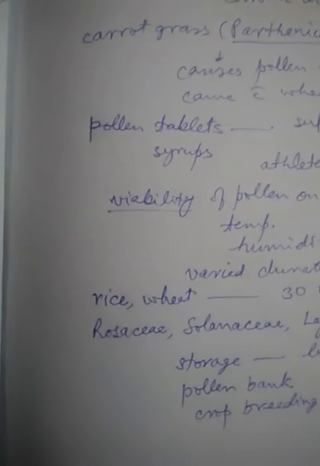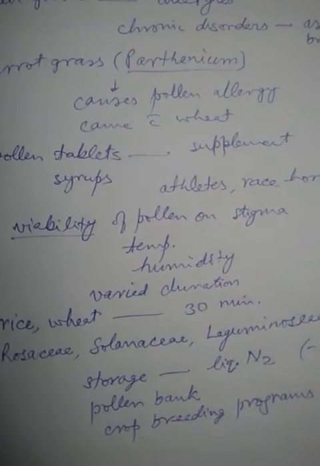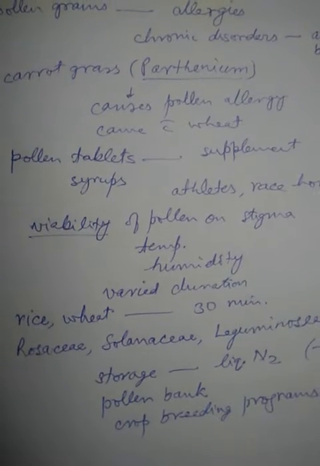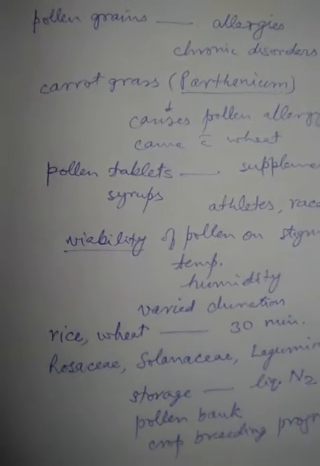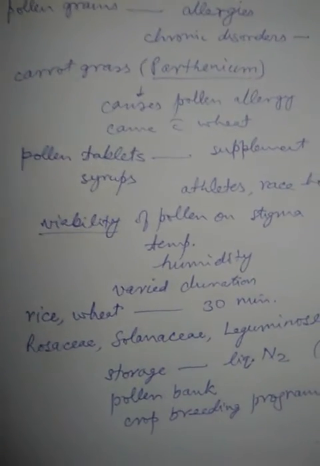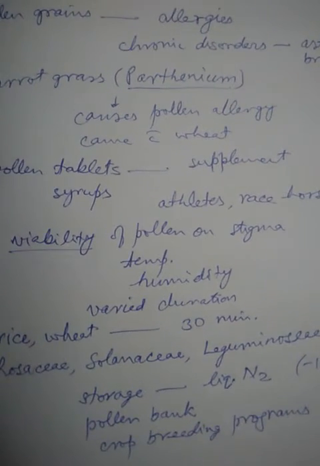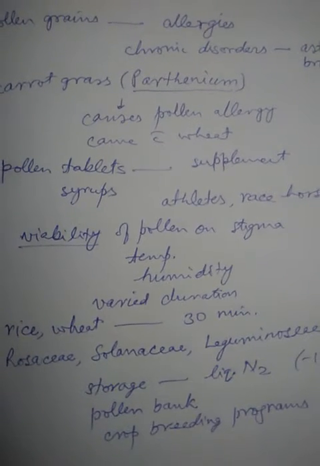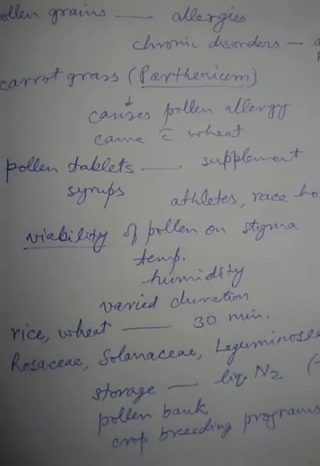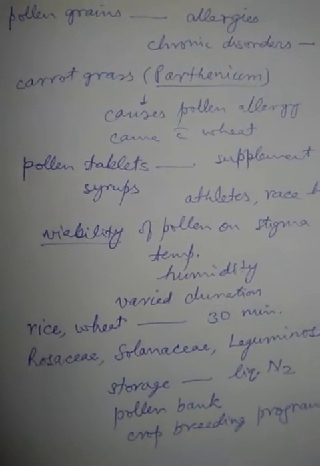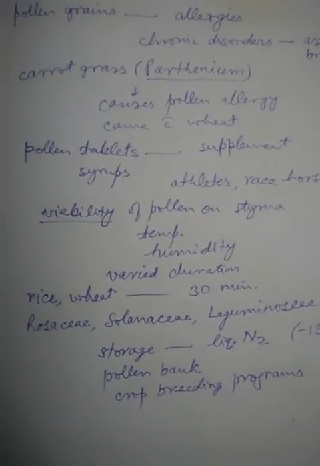So, for example, the pollen grains of the rice and wheat variety don't have a very long viability period. The pollen grains of rice and wheat, after getting released from the anther, may successfully fertilize and germinate on the stigma within 30 minutes. Up to 30 minutes of the release time, they can very easily grow, but after 30 minutes they may not be able to successfully do the pollen germination and the fertilization. So the viability period of the rice and wheat plant is 30 minutes.